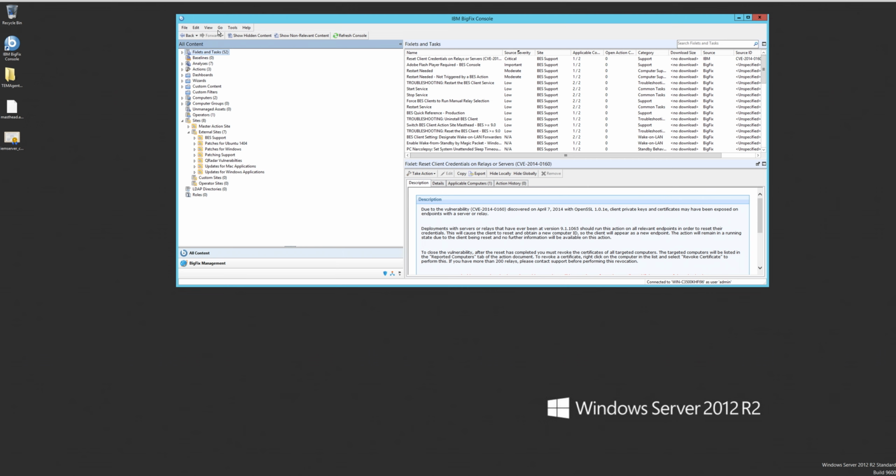So you go into all content to install the BES client, and then here on fixlets and tasks you get all the fixlets that are relevant. I click on this option, show non-relevant content, to make sure that it doesn't show me grayed out the stuff that is not relevant. And I'm going to look for the BES